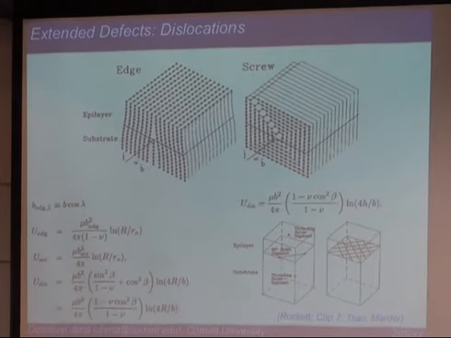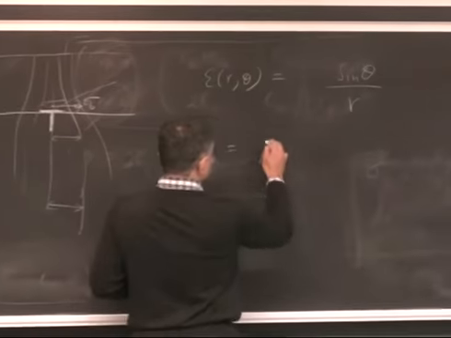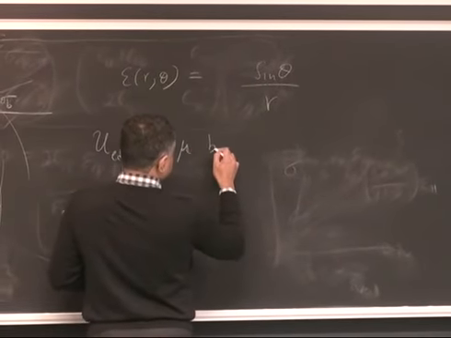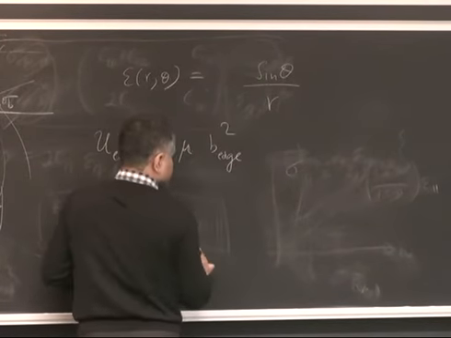Okay, so that's the strain field, and again you can do the energetics, do a half kx squared calculation, because you have your strain field, you can calculate the energy. If you know the strain, you can calculate the energy. And I'm going to just write this down, and this is also an interesting problem in itself. If you have an edge dislocation, the energy cost is a material constant times b, the edge dislocation Burgers vector squared,